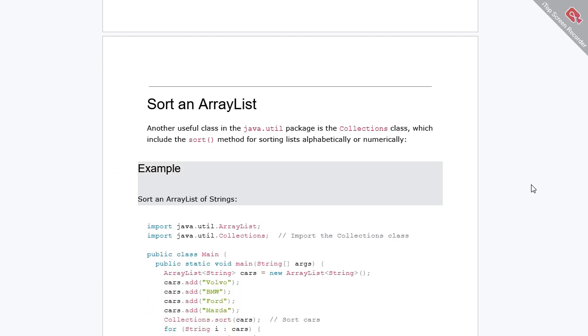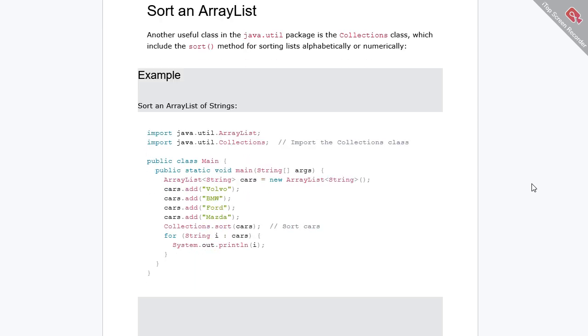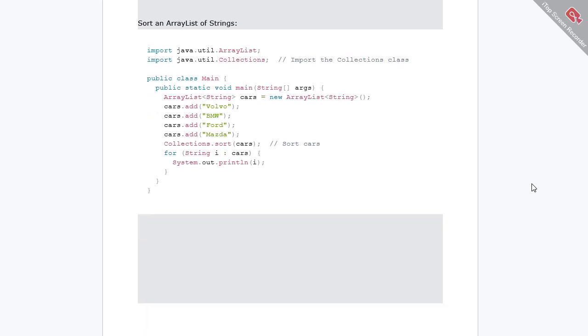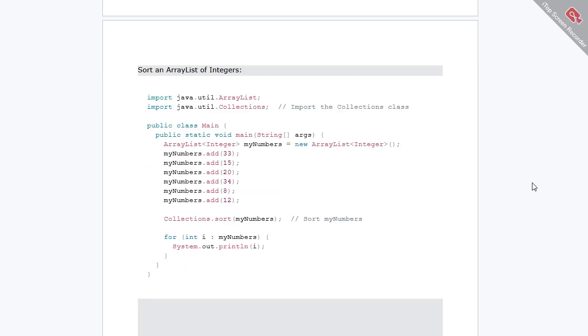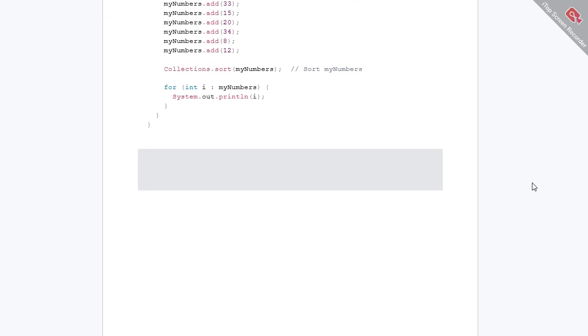Sort an ArrayList. Another useful class in the java.util package is the Collections class, which includes the sort method for sorting lists alphabetically or numerically. Collections.sort(cars); for (String i : cars) { System.out.println(i); Sort an ArrayList of integers: Collections.sort(myNumbers); for (int i : myNumbers) { System.out.println(i);